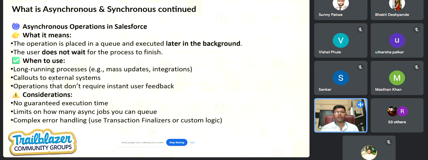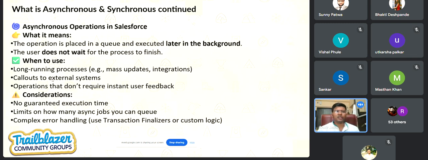In my previous projects, there was a use case where there was too much lag. We had all the heavy lifting done in synchronous mode, in the normal Apex controller. The performance was degrading and the user was having a very unpleasant experience. So we identified the operations which don't impact the user directly.